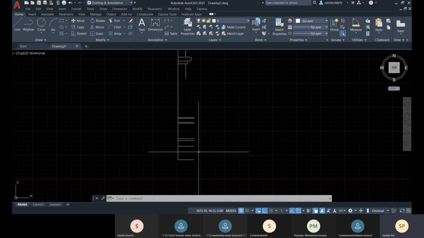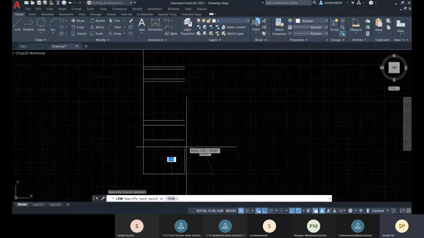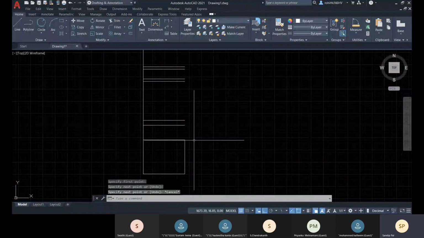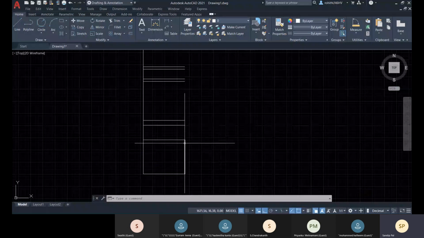Let's go for this. Okay, so let me connect this here, and here you can see that this has the same.